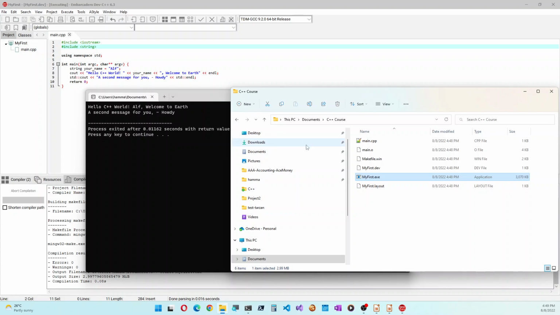So if I run it directly in my folder, it just starts the console, executes it, and since my program itself doesn't have any waiting mechanism, it immediately exits. The window will just flash on the screen and then close again. That is the normal behavior of an executable.